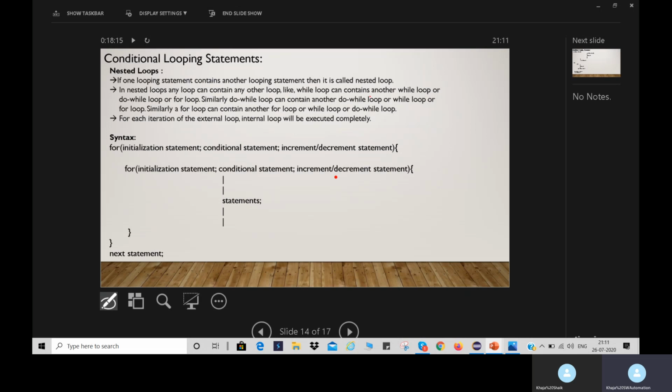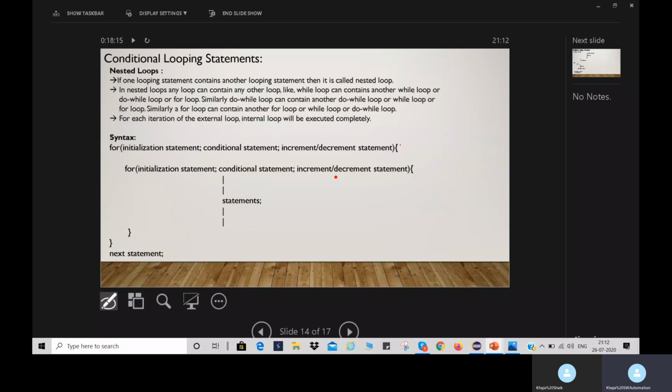A while loop can contain another while loop, or a do while loop, or a for loop. Similarly, a do while loop can contain another do while loop, or a while loop, or a for loop. Similarly, a for loop can contain another for loop, or a while loop, or a do while loop. But the condition here is, for each iteration of the external loop, the internal loop will be executed completely.